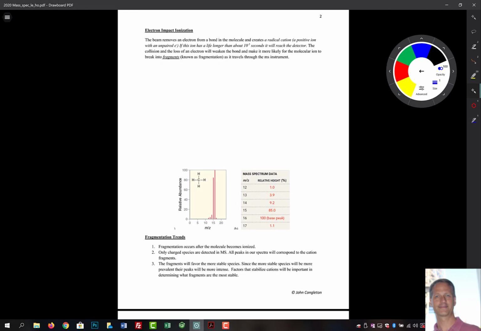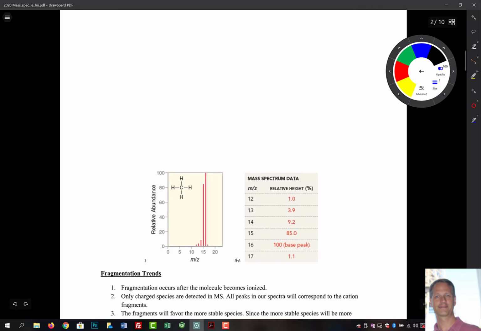So let's take a look at electron impact ionization. Let's start off with something straightforward here, and let's define a few terms along the way too. Let's look at this molecule, methane. Methane travels through the GC, it's getting separated, and it's making its way into the mass spec. And then what happens is we have a beam